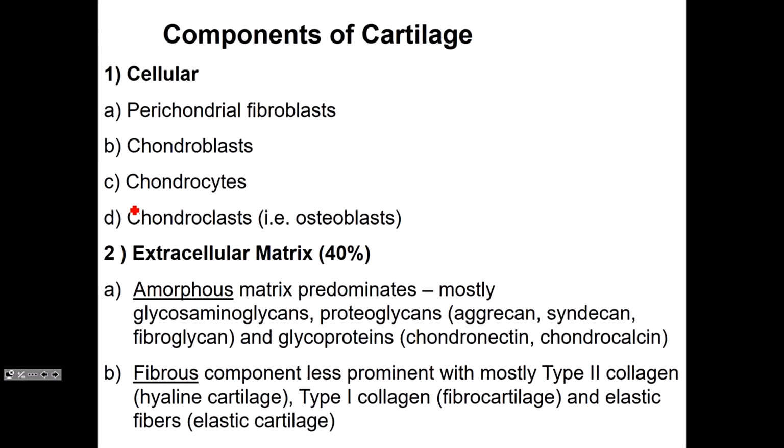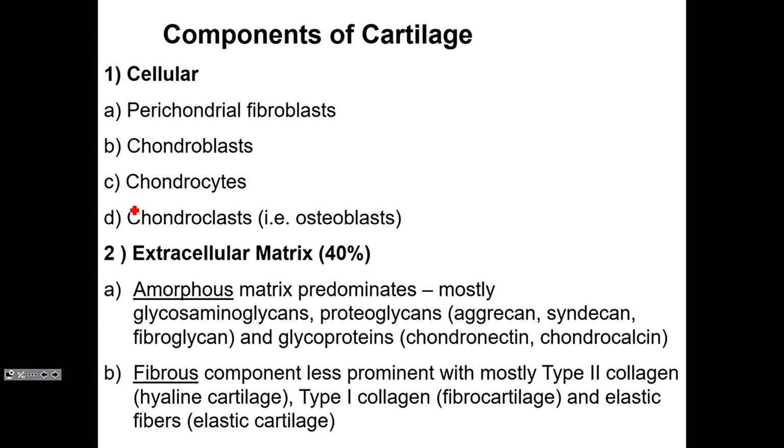If we look at the components of cartilage, we can talk about cellular and extracellular components. So the cellular components consist of perichondrial fibroblasts. These are fibroblast-like cells at the periphery of the true cartilage that give rise to the chondroblasts and chondrocytes, which are two different types of cartilage cells. And these cells can secrete the extracellular matrix, which is very prominent. The amorphous component is predominant, mostly glycosaminoglycans and proteoglycans. And we do have fibrous components such as type 2 collagen, which is present in pretty much all cartilage, and